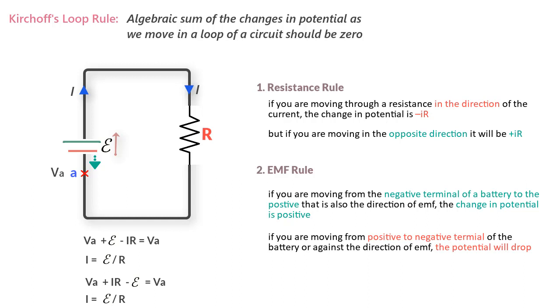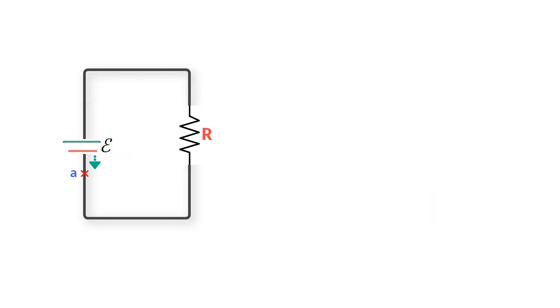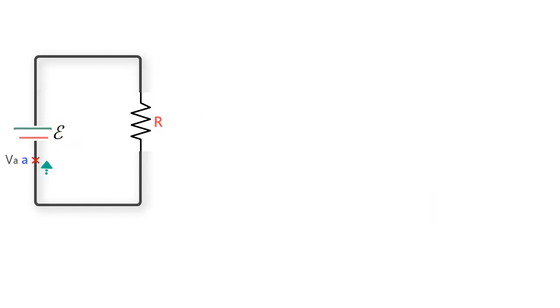Okay, let us now study the same problem in another way, and this time around we'll also consider the internal resistance of the battery. So what we have here is a battery with an EMF E and internal resistance r, and like before, it is connected with a wire to a resistor R. So you see, the internal resistance of the battery has been put inside this box to indicate that it is part of the battery. But at the same time, you can observe that the internal resistance can be shown like any other resistance in the circuit and treated accordingly.